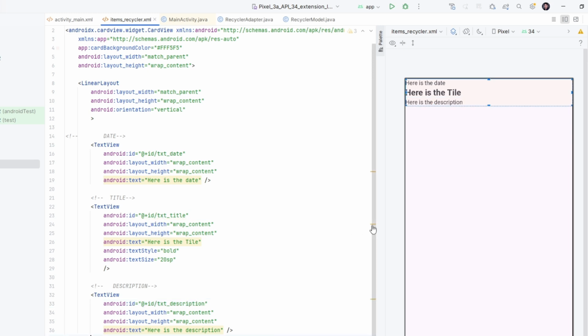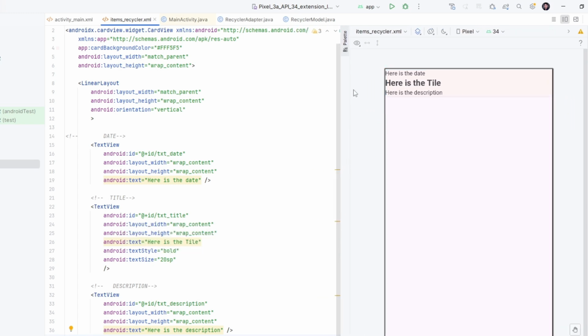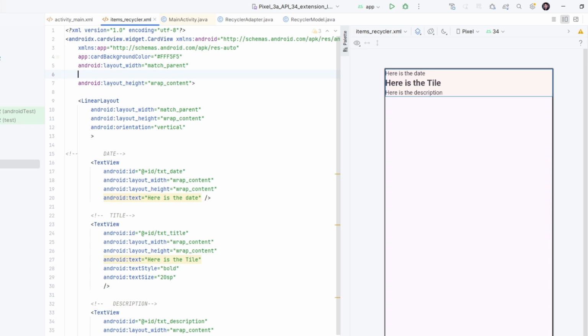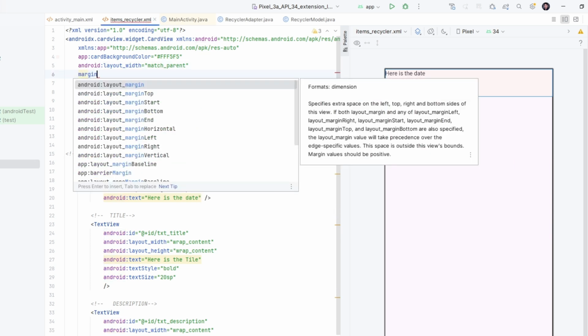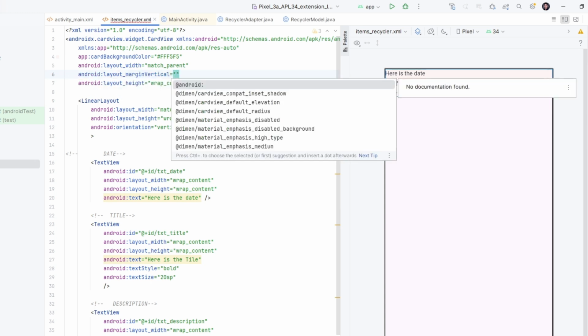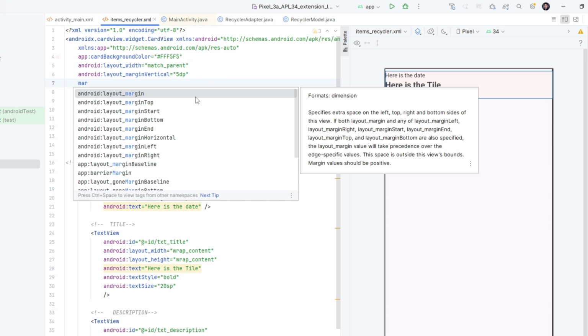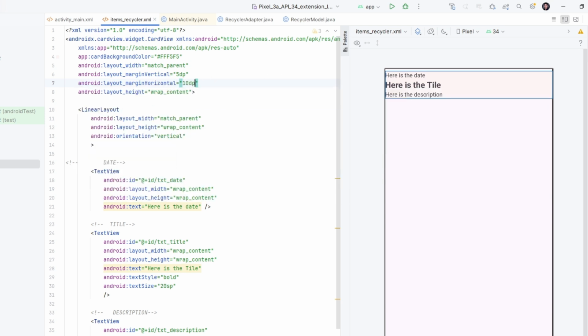And then as you can see, the layout is not finished. We can add the margin or padding. We can add the margin vertical to around 5 dp, and the margin for horizontal, from top to bottom, 10 dp.